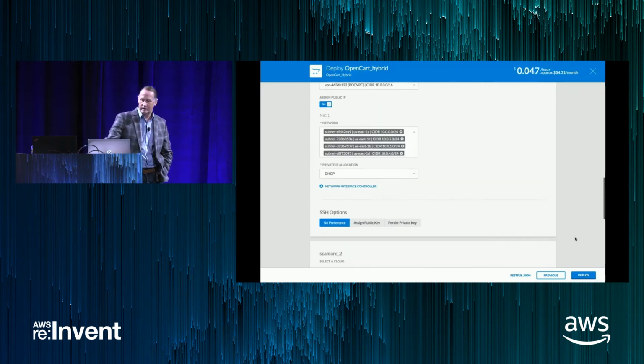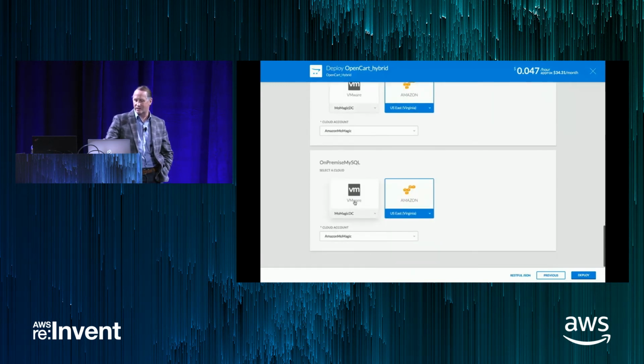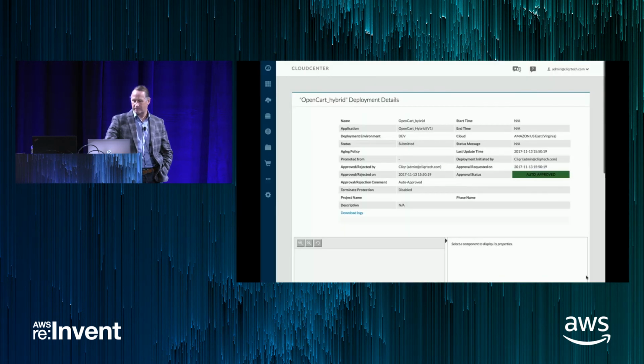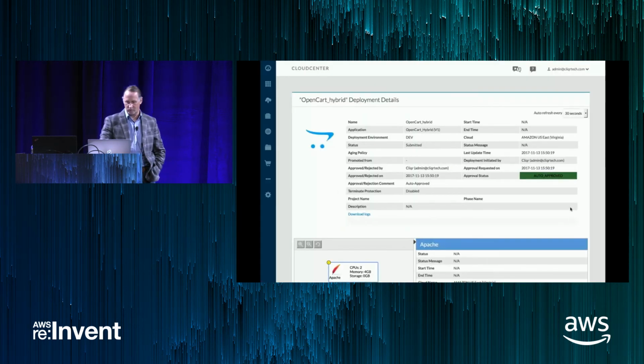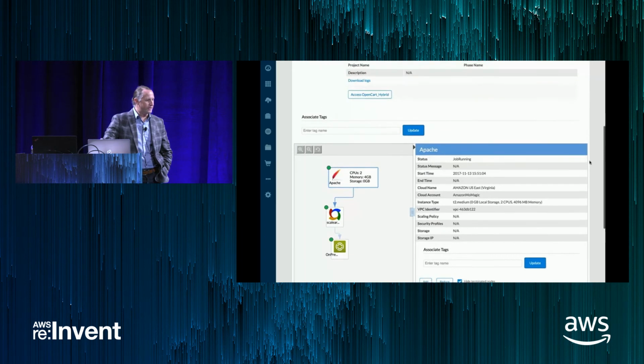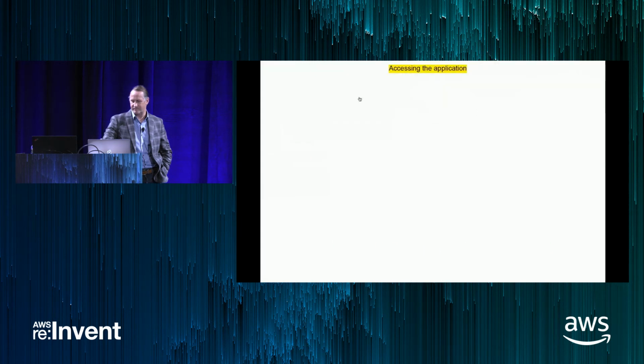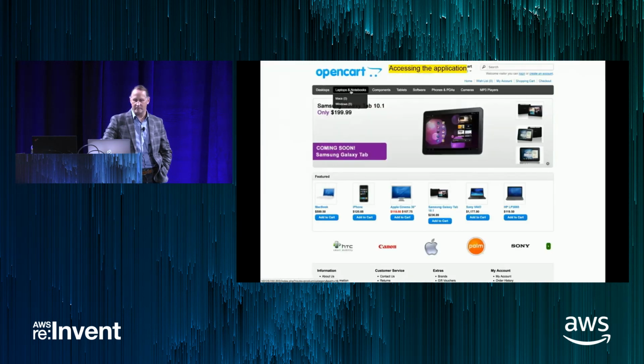So we're deploying. The user here is going through picking his cloud, picking his instance types, deciding how many instances he needs, what cost he wants. We're keeping the on-premise MySQL here. So this one we're doing a full redeploy of the application. Okay, so now through the magic of video, everything's green. We just deployed an app in seconds. Realistically, it takes a couple minutes for this to be deployed and to set up the application. Okay, so now the application is up and running. We can now see our things in our cart we can buy, just like before.